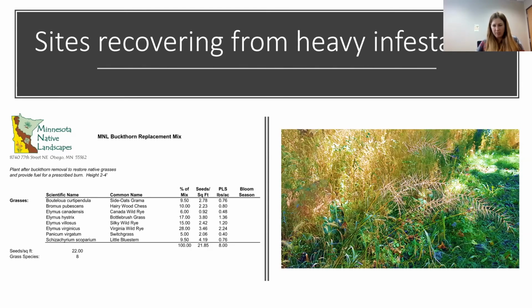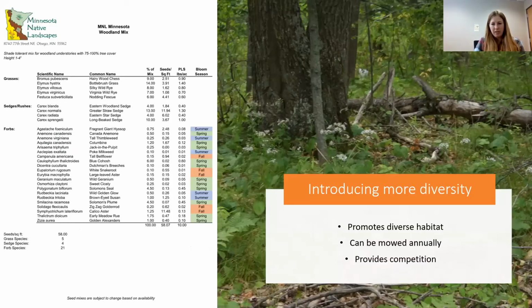This is going to provide fuel for a prescribed burn, but also again that cover for providing competition, reducing resprouts and reducing buckthorn seed germination.